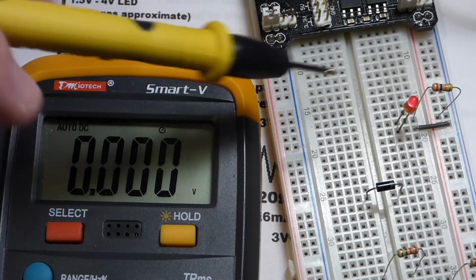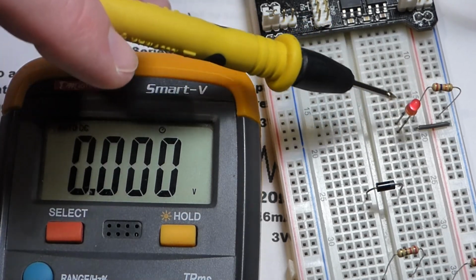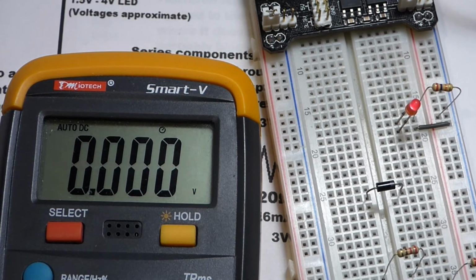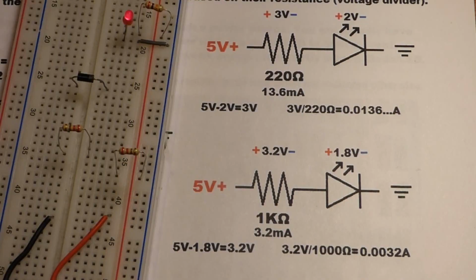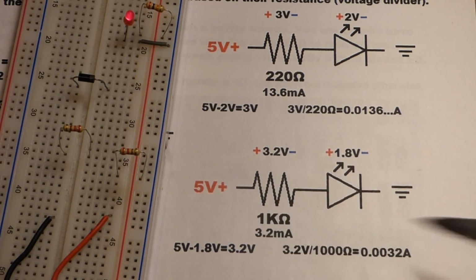So when you estimate the voltage that's going to be across a resistor, you just simply subtract the voltage you expect to be dropped by the diode. So now I'm not going to take the measurements in this video, but here's a circuit,